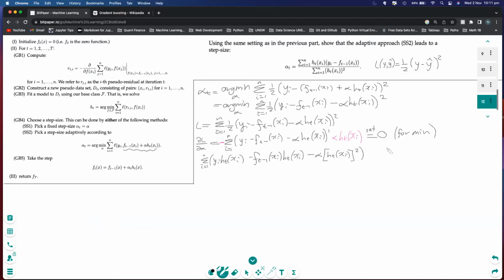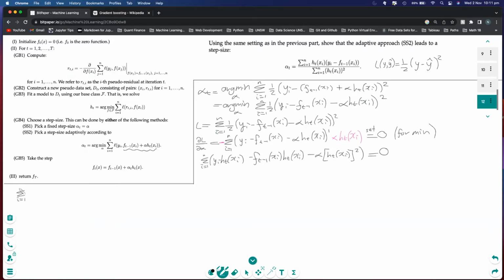And what we're going to do is set that equal to 0. All right. Now I'm just going to break up the summation. The reason I'm breaking it up is so we can get one term here, and then a particular term that has the alpha in it that we want. So this implies that, I'll just move it over here,